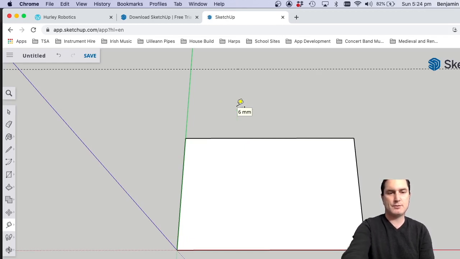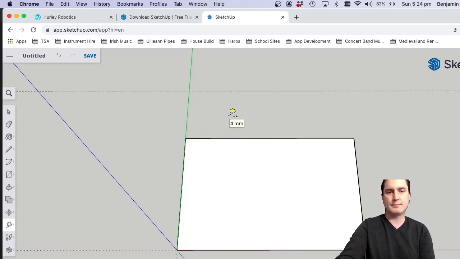Actually, that looks a bit tall. I'm going to get Command Undo. I'll try 10 millimeters. Yeah, that looks a bit more sensible to me. Okay. Right, now I'm going to draw a bit of a triangle for the top, so I'm going to grab